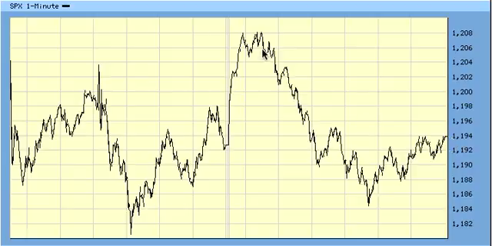But short term, this could be A, it could be B. Again, if it finds resistance at 1202 at 0.618 and drops below 1184, it would set up a C wave. For the Dow,